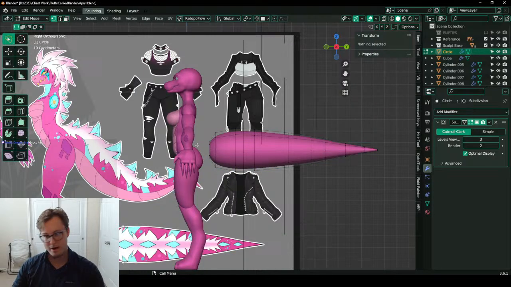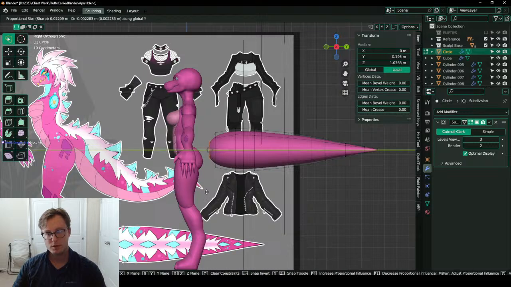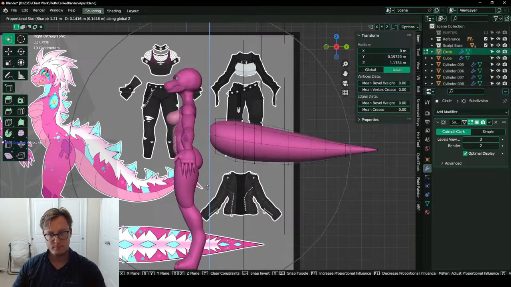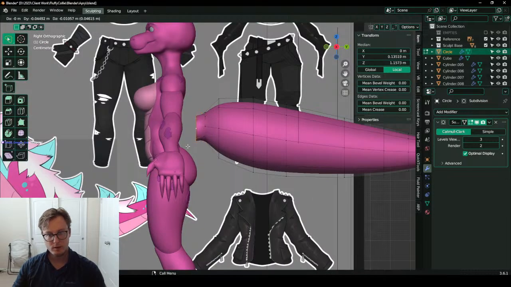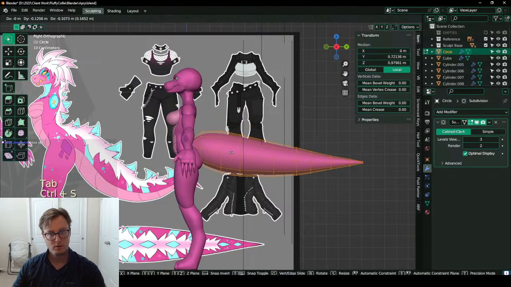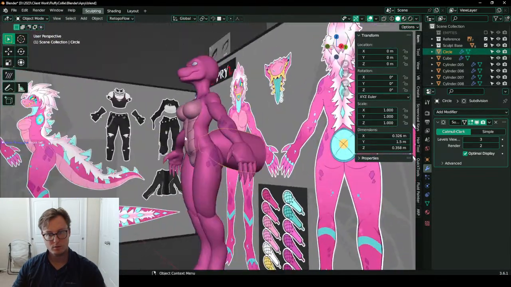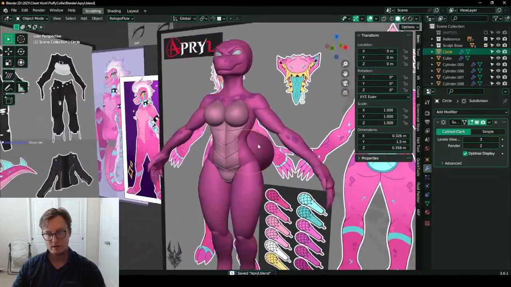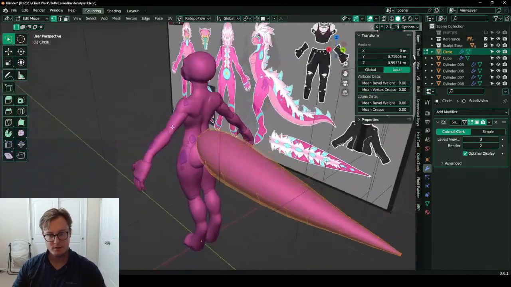The tail. Oh, hey there, Era. Hello, welcome. The tail. It's giving me kind of like gecko vibes.